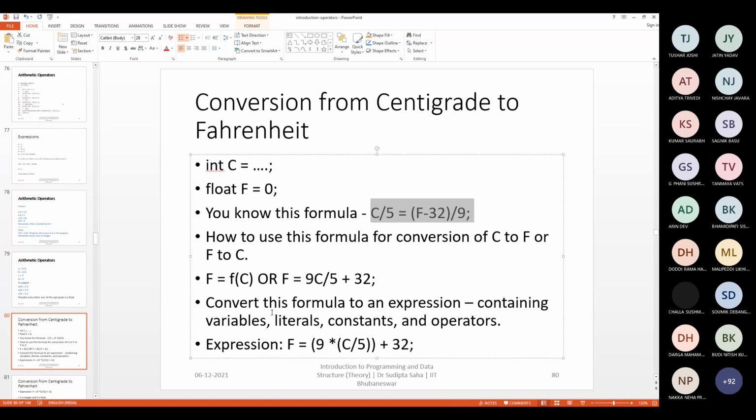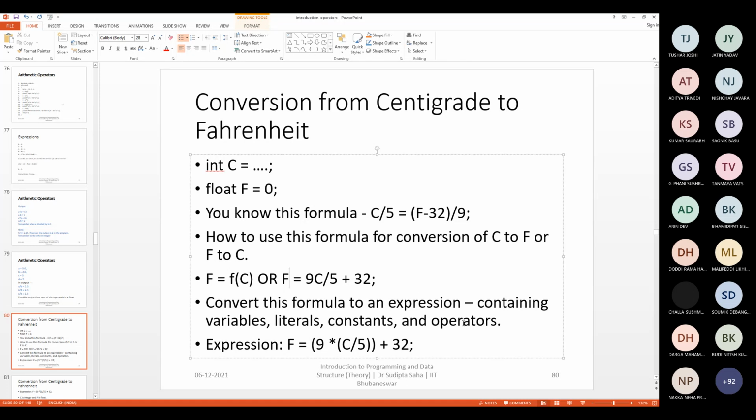So here we try to convert, for example, centigrade to Fahrenheit, or Fahrenheit to centigrade. We get a centigrade value and convert that to a Fahrenheit value. In your lab, we ask: given a centigrade value provided by the user, you have to print the corresponding Fahrenheit value. Similarly, some other expression will be given to you, and based on that you have to calculate the derived y value. Values x1, x2, x3, x4 are provided, and you have to find the y value from these.